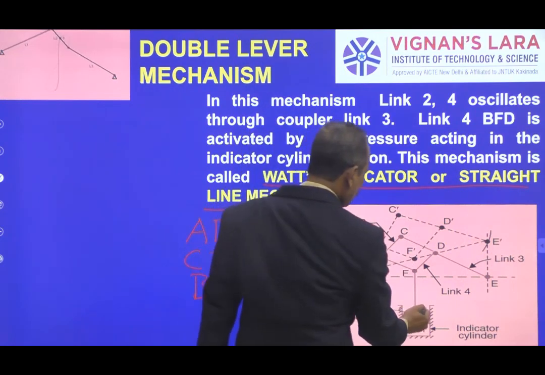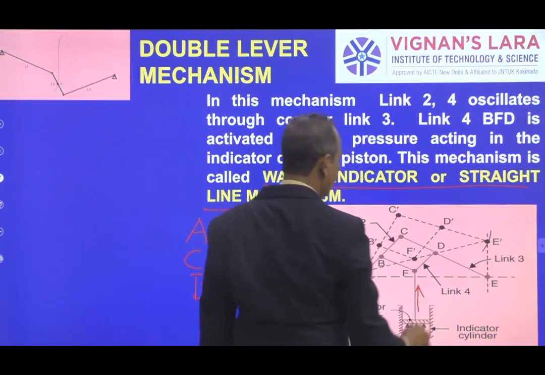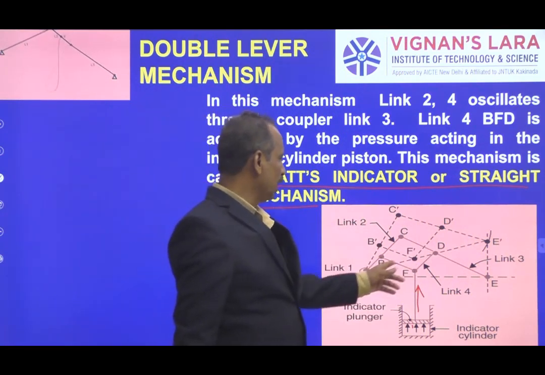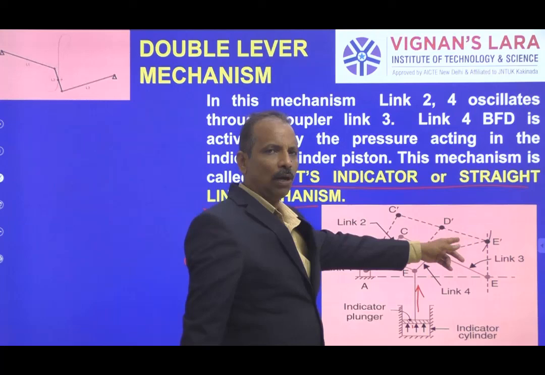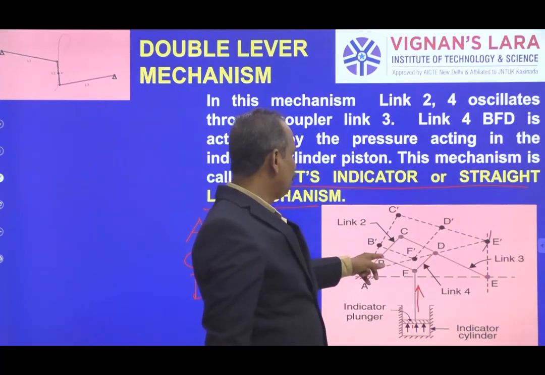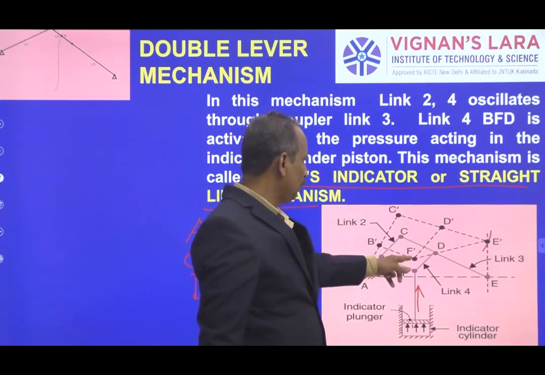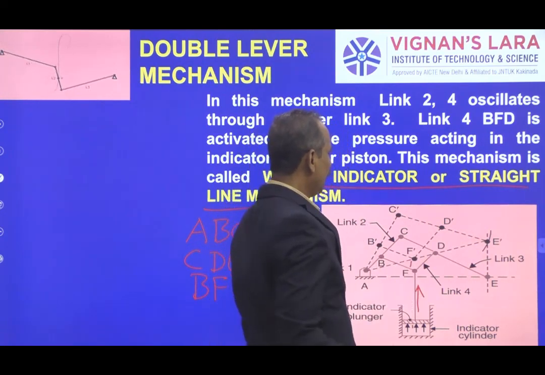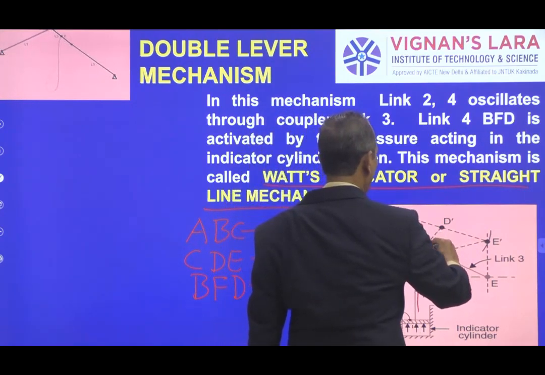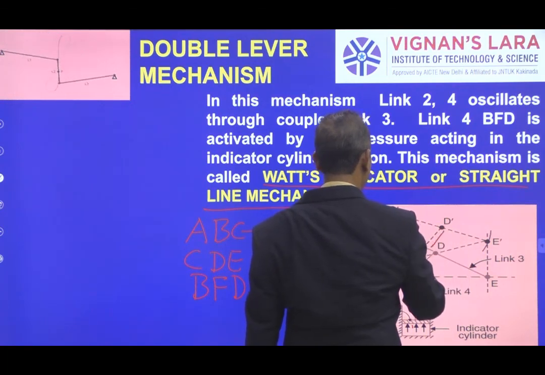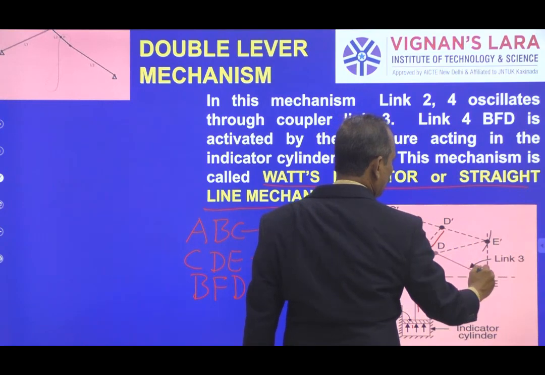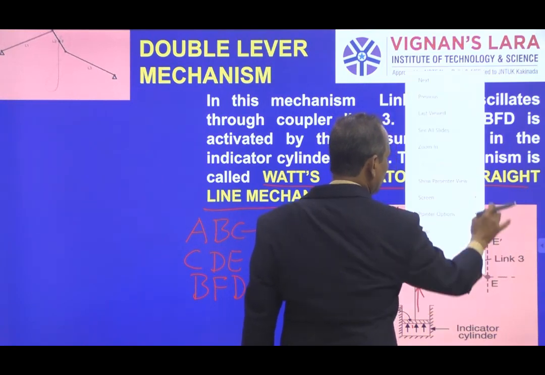So when the piston is moving up, what is going to happen to the entire mechanism? You can see in the dotted lines. First F will be shifted to F dash, then automatically D will be moved to D dash, C will be C dash, B will be B dash. Then this E, this